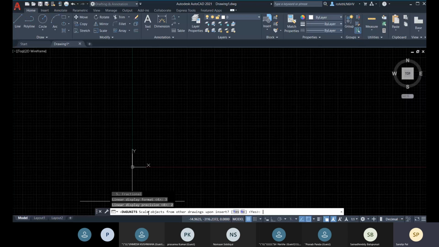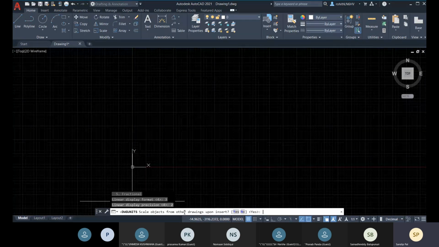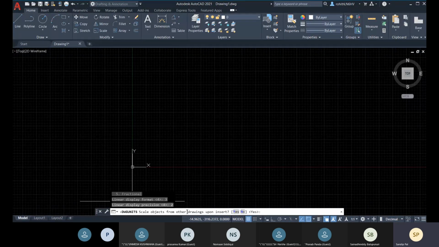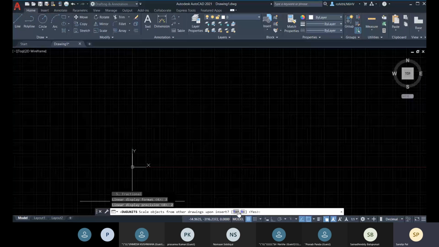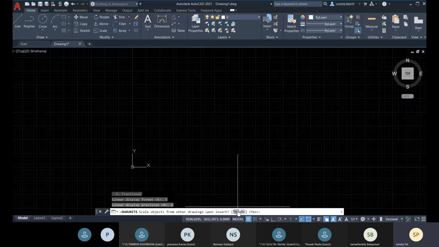And it's asking you about scaling objects from other drawings upon insert. So in this current drawing, if you insert any other drawing externally, it will be scaled. So yes, obviously, if you are inserting with a different unit, it should be scaled.